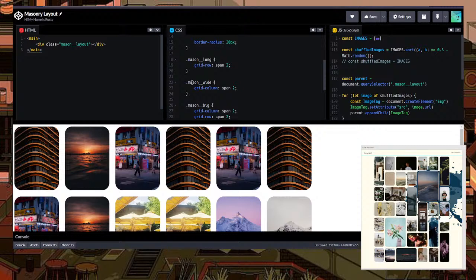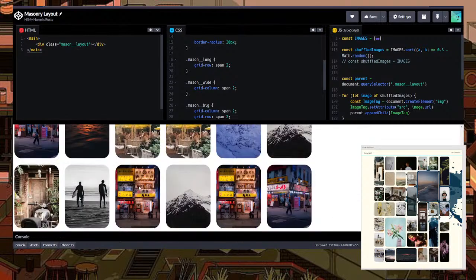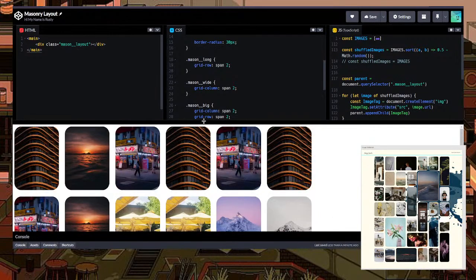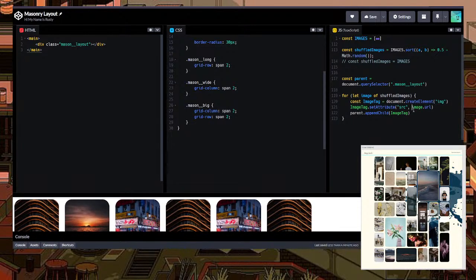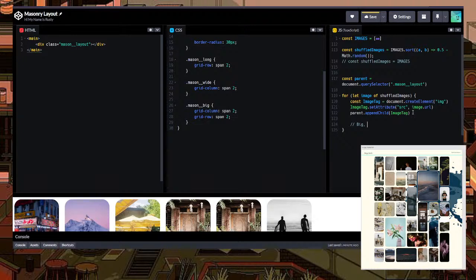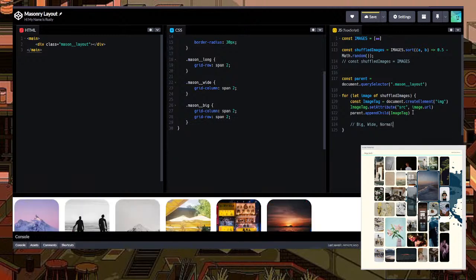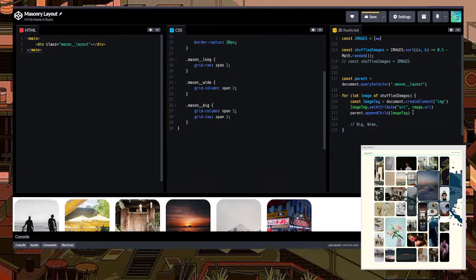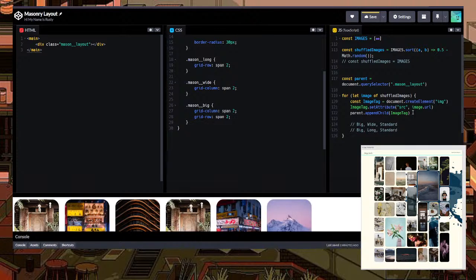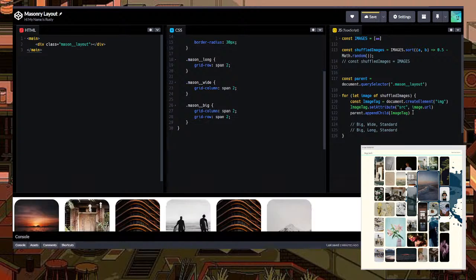kind of something in my throat. So we don't want to like we'll get these randomized. So they could be big or wide, normal, or standard. Or they can be big, long, or standard. Right, so